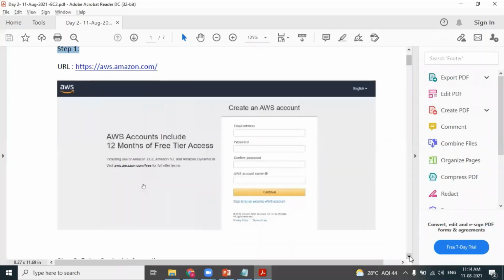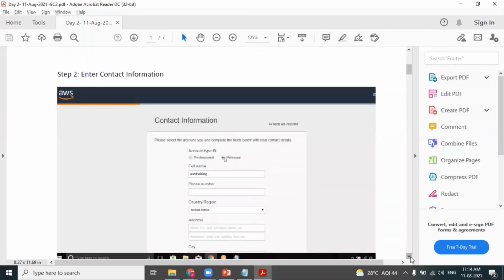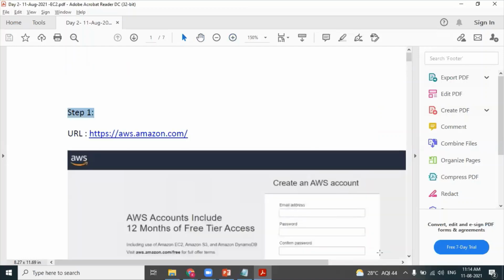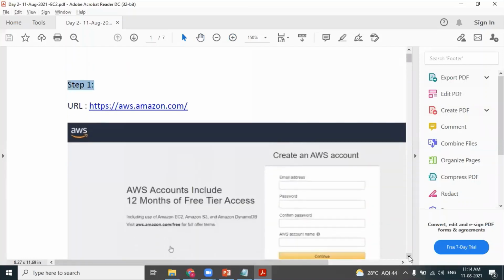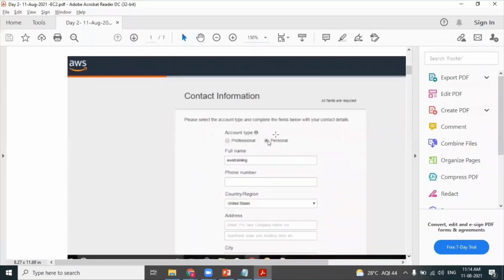Next. Look at this. Step two, when you click on next, this is very important. Please focus. AWS provides two types of accounts. One is professional account, the other one is personal account.